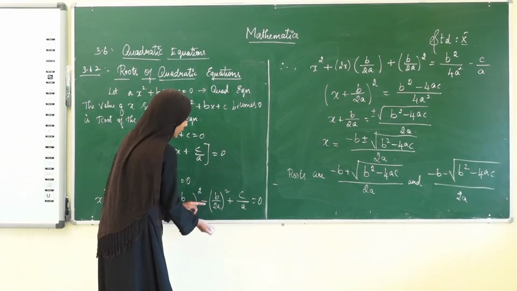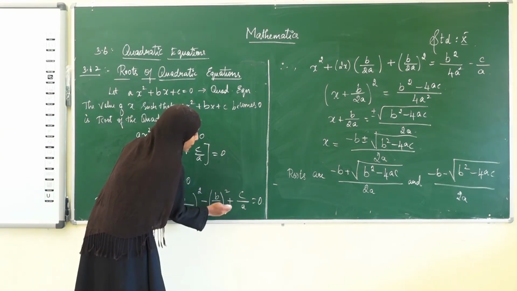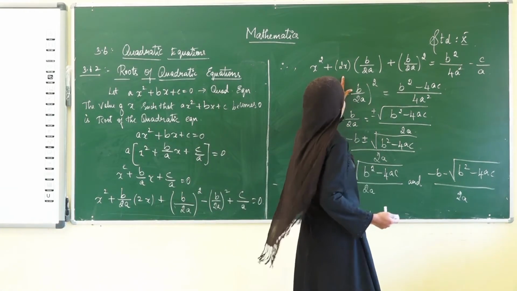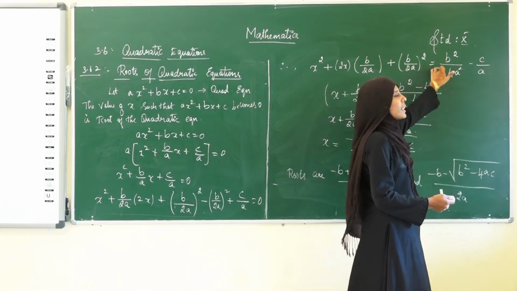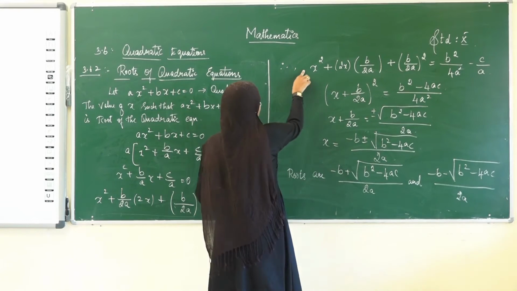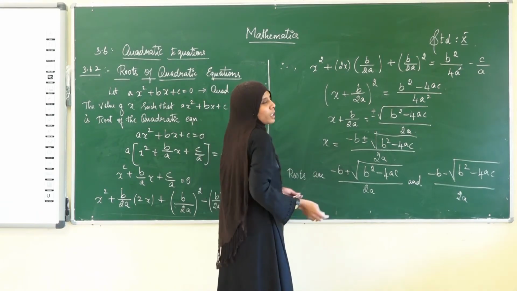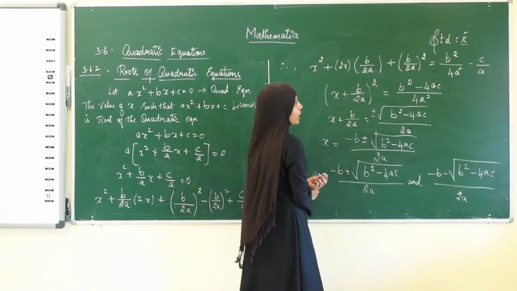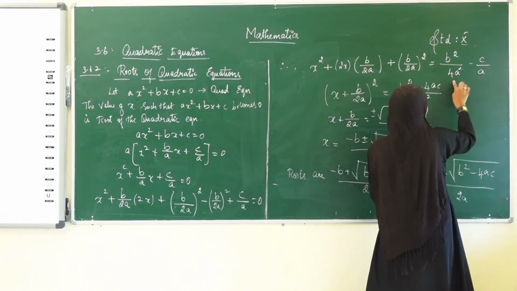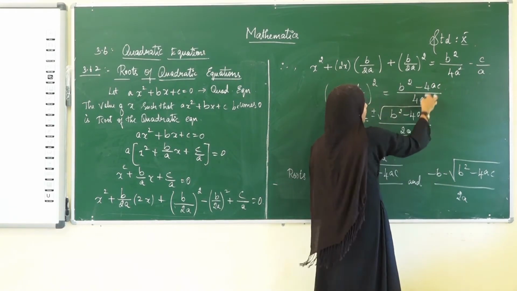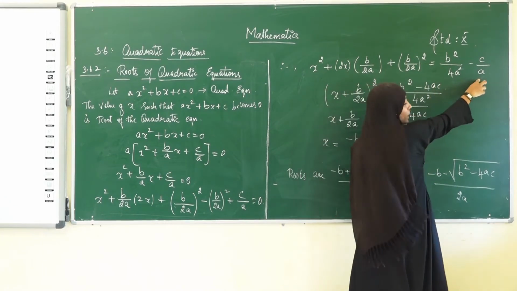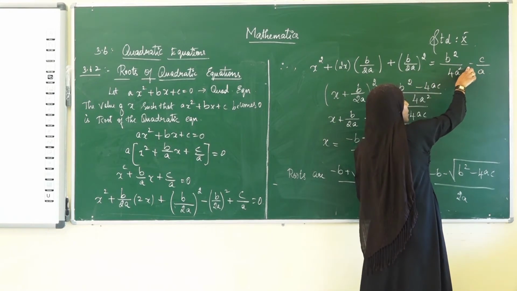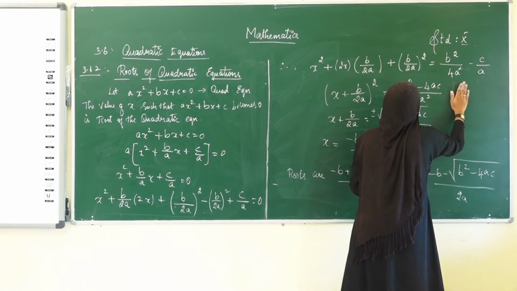Now what we are going to do is, taking this minus b divided by 2a the whole square plus c divided by a to the right hand side. Therefore what we get? The first three terms as it is and these two terms are taken to the right hand side. Now, this term, as I said, is the expansion of x plus b divided by 2a the whole square. Therefore we are writing it as x plus b divided by 2a the whole square, which is equal to, see here, now we are taking the LCM, which is 4 into a square. b square will come as it is, minus, this will be multiplied in both numerator and denominator by 4a. Therefore minus 4a into c divided by 4a square.